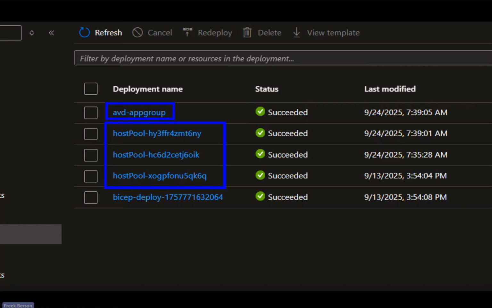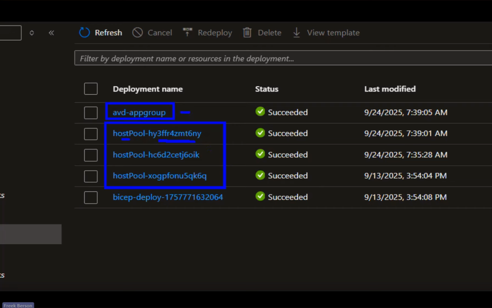And these are the ones where I did not define a name. So you can see now that what they did is they took the resource name and added this unique string to it. The reason is that now, if I want to do a redeployment, I will actually still have access to the previous deployment name and as a result, the previous status and output as well.